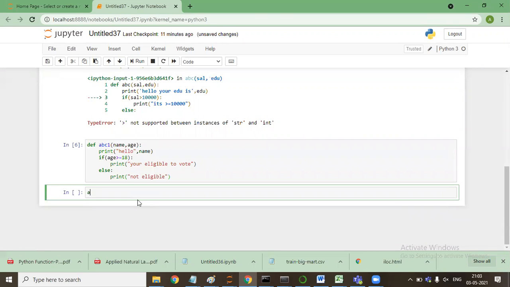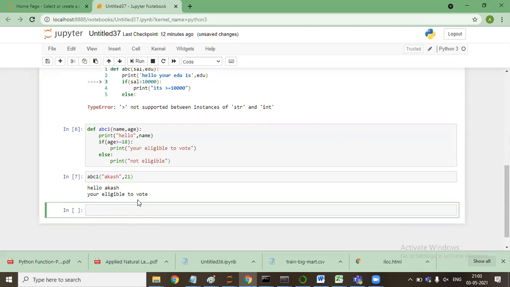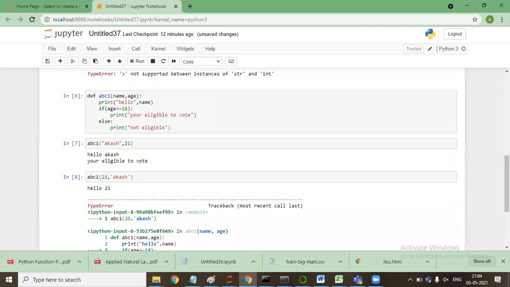If I say ABC1, Akash and 21, it will say hello Akash, you are eligible to vote. If I say ABC1, 21, comma, it will be an error because I have changed the position.